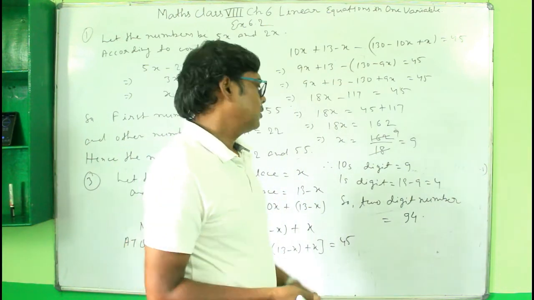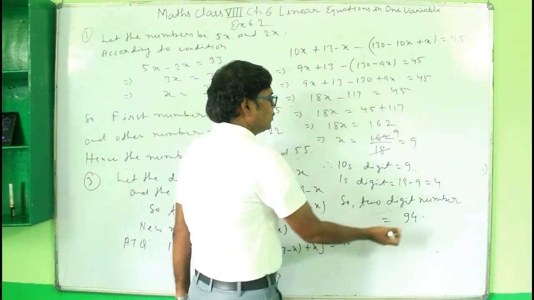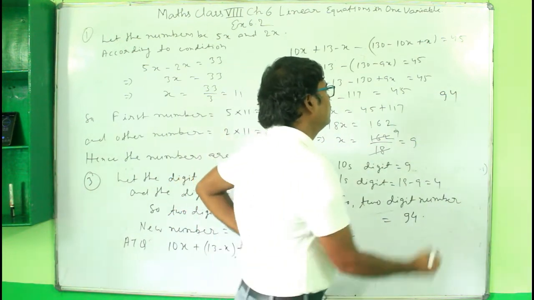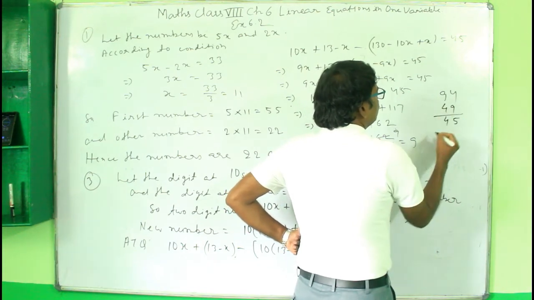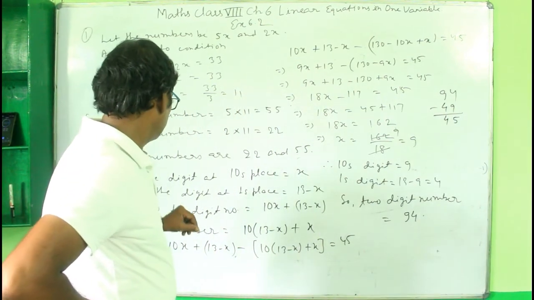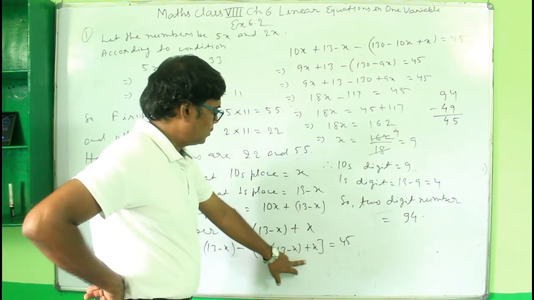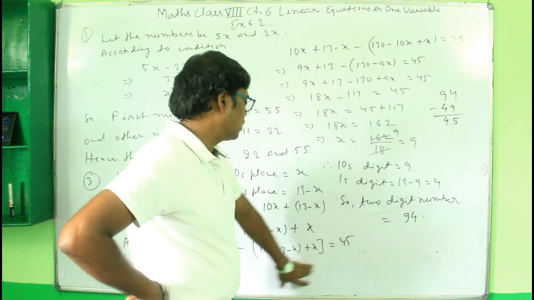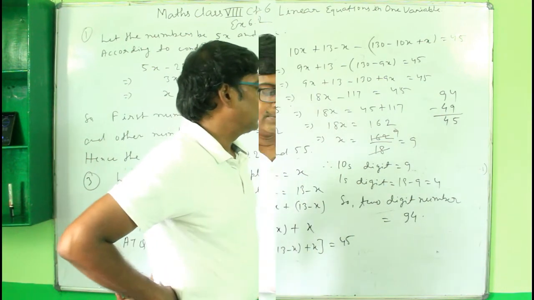Now you can just check your answer, whether 94 is correct or not. So see, 94 is there, and when you reverse 94, it will become 49, and then subtract: the difference is 45 here. So it means that it is correct. So here you see that this is the original 2-digit number, and this is the number obtained by reversing the digits, and the difference of this and this is 45. After solving this, you will get x, and then find the other digit, and then the answer is 94.